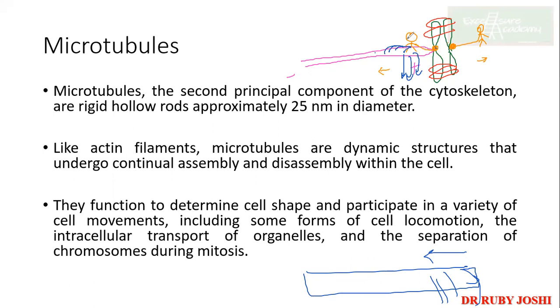Okay, so just imagine this motor protein walking with this sister chromatid, and जैसे जैसे आपका ये motor protein आगे की तरफ बढ़ रहा है, वैसे वैसे पीछे से आपका tubulin molecules fall off हो रहे हैं. So at the end what will happen? No microtubules attached to your chromosome. Okay,